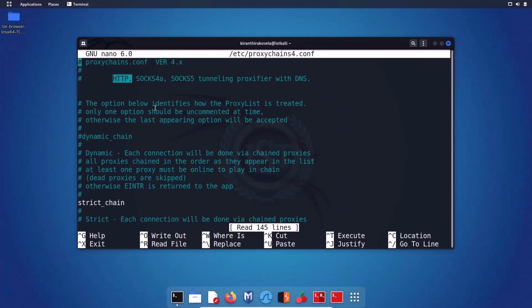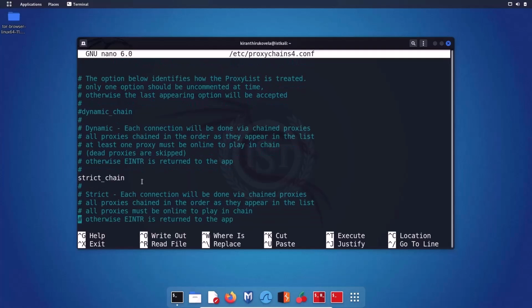So you know HTTP protocol, and you have SOCKS, it is yet another protocol. So SOCKS 5 is yet another protocol, that is a network protocol used for proxying the network packets between your client and server through a proxy server. And if you come down below, you can see we have here dynamic chain, strict chain, and these are the methods or modes for using this proxy chain application. And as you can see, there is a hash in front of almost all the lines. It means that all these lines are commented, but strict chain is not commented, it is a mode.